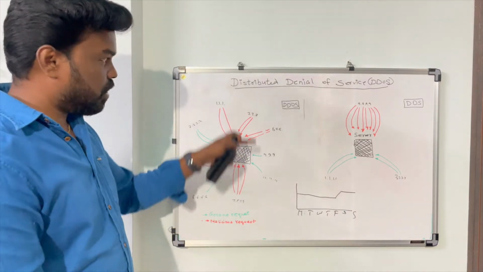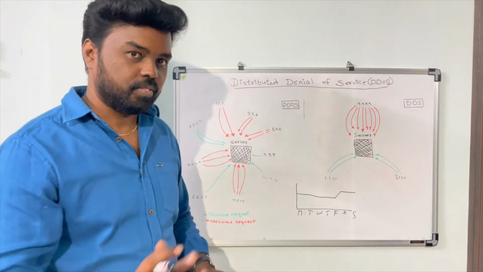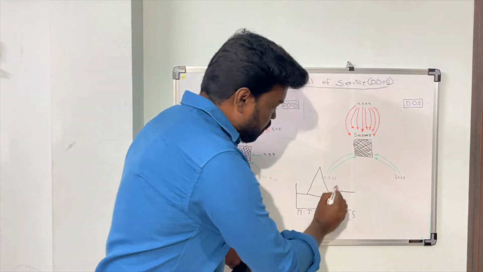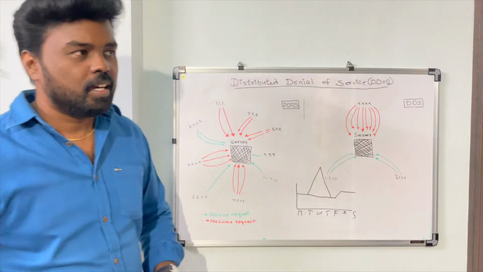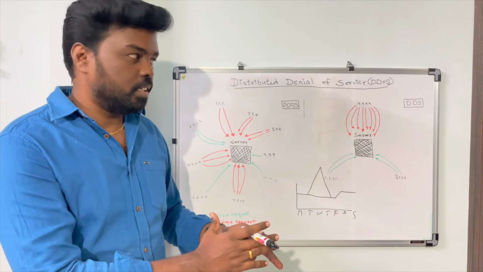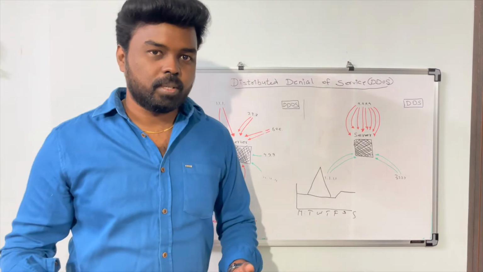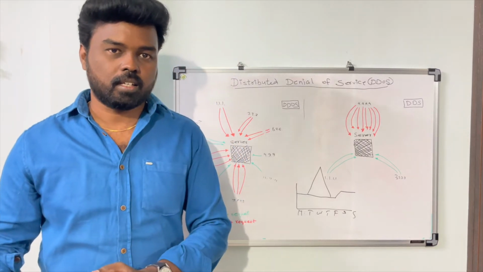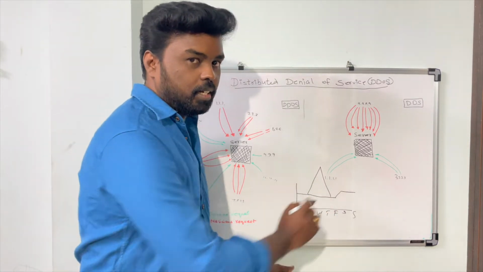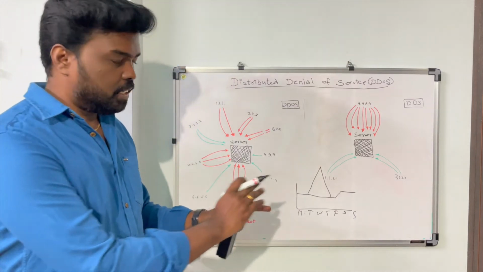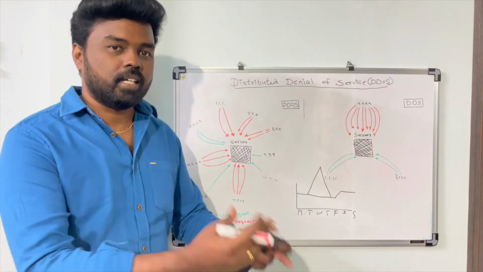But in case of a distributed denial of service, if someone is attacking your application, there must be a certain spike in your regular traffic, something like this. You might see a sudden spike in your traffic because a lot of requests are coming to your application. This is one clue that something is going wrong, and you can take action. Right now there are a lot of tools available in the market which use machine learning algorithms internally to learn your regular traffic pattern, and then alert you if there is any anomaly in the traffic. So now we are able to identify a distributed denial of service using this kind of approach.